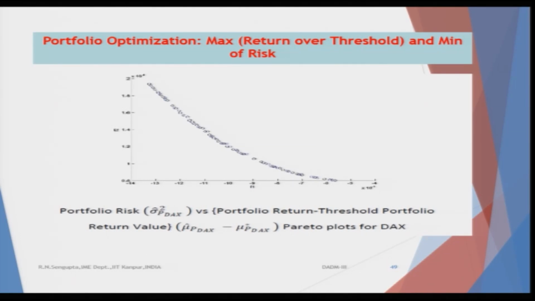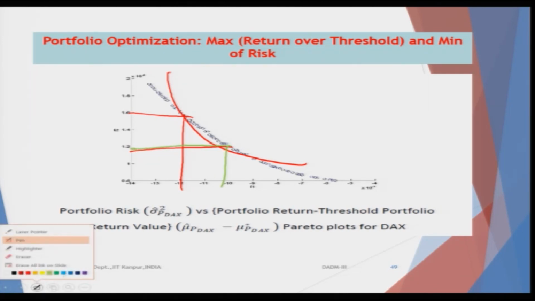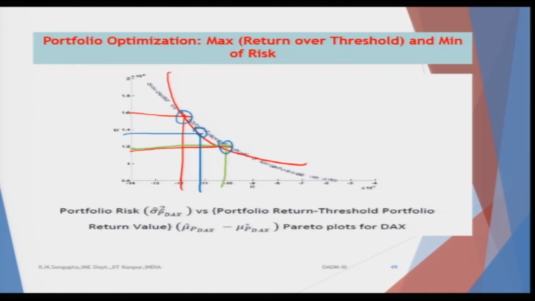Again when I do it for the DAX, trying to formulate the Pareto optimality frontier for the portfolio risk with the value of the portfolio returns, returns meaning over the threshold value, again I get this Pareto optimal front. So, these values will give me the Pareto optimal front, where the level of satisfaction would be the same for all the points, but how you are able to combine the different weights is the question.